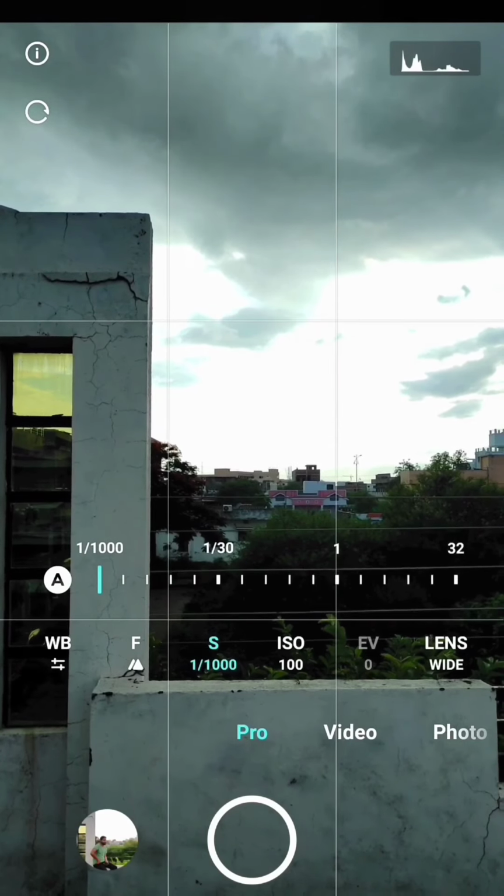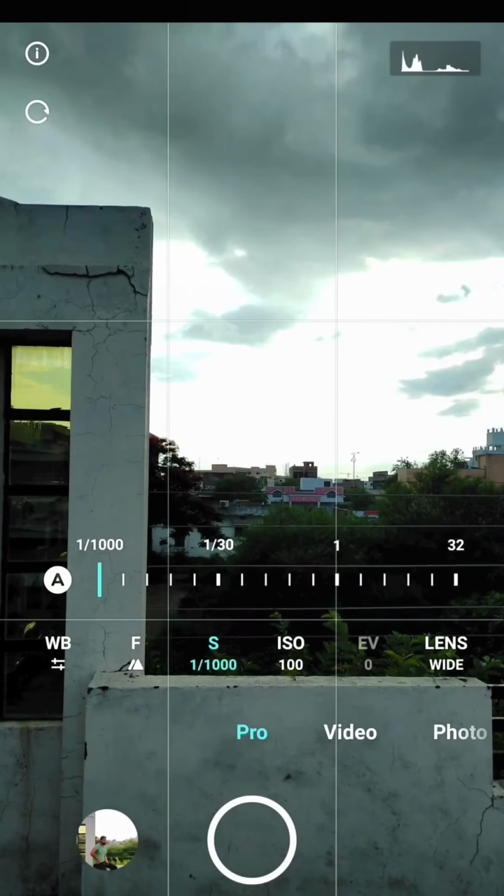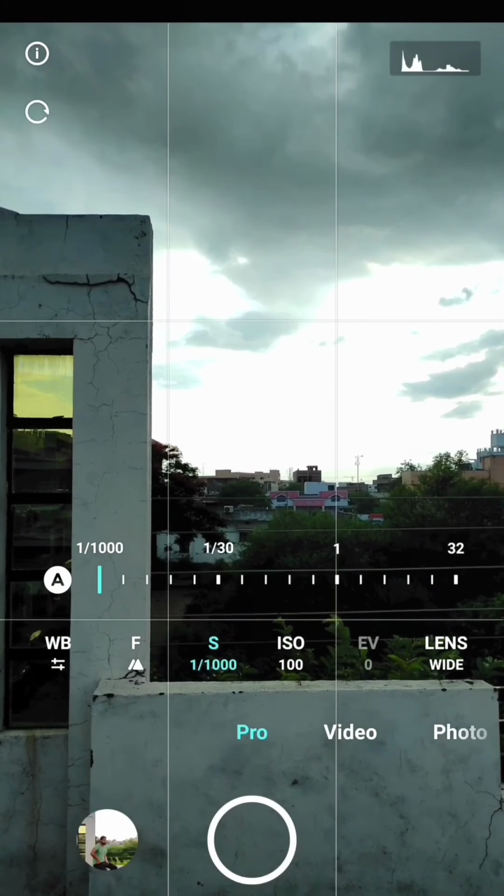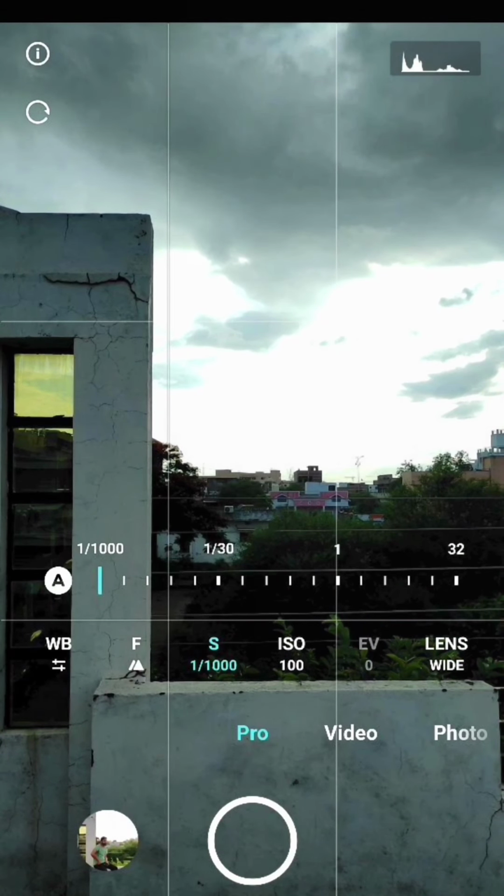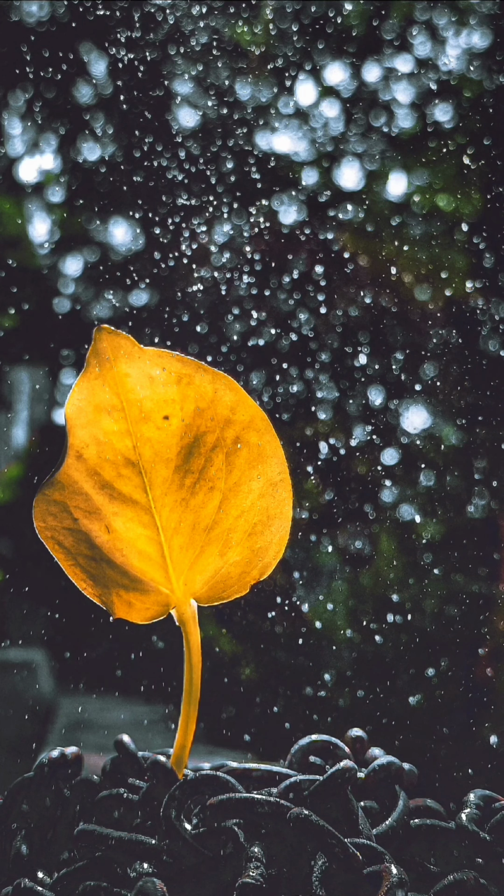The shutter speed. Shutter speed is the measured time of an image, the moment between the opening and the closing of the camera shutter. Like if you want to freeze any moving subject, you will use a faster shutter speed. It means the time between the opening and closing of the camera shutter would be quick. Like in this image, I used a faster shutter speed to freeze those drops in the background.